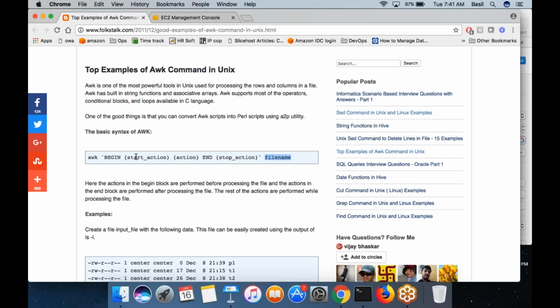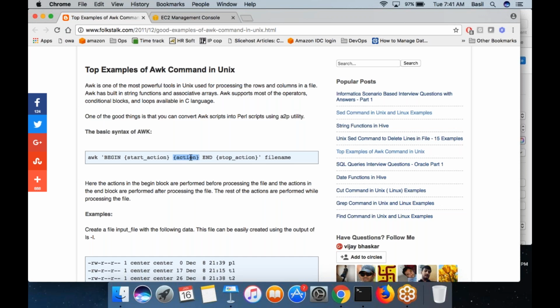The line is the record. Each record is a line for the grep, awk, or sed commands. So there are multiple records in the input which awk receives. For each and every record, the action section gets executed.